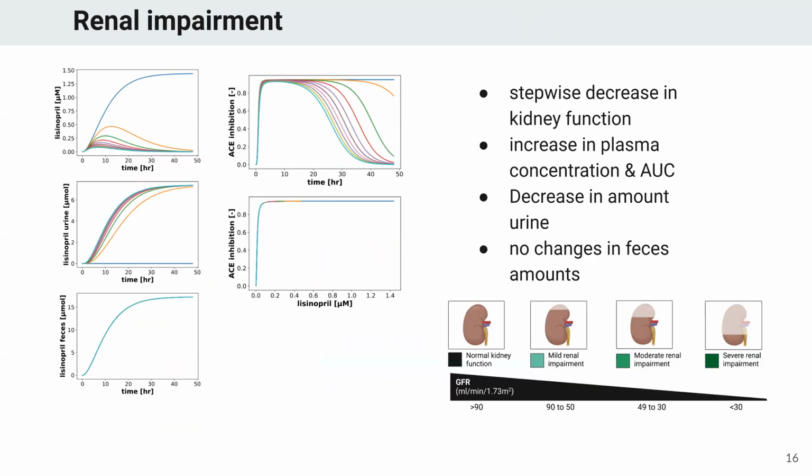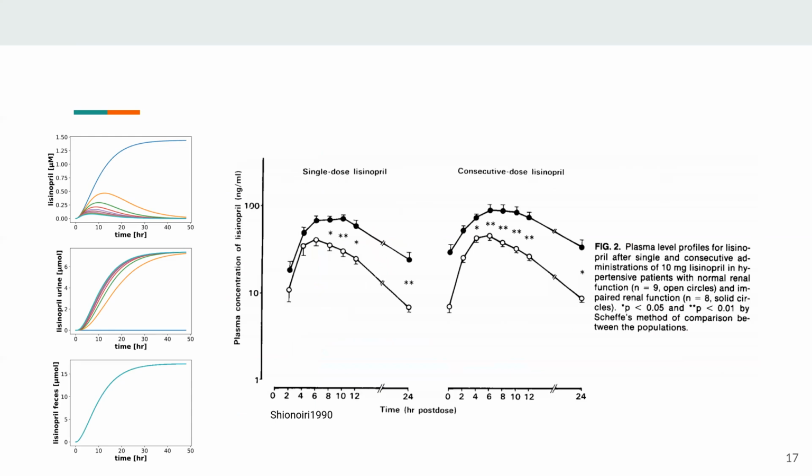I have one or two slides for that, have to see. Basically here is one of these data sets, for instance, for lisinopril. What we clearly see in the data, for instance in Shionori 1990, is that if we have renal impairment, we get higher concentrations and we get some accumulation. So this is clearly something which we see in some data sets. The point is we didn't look too much at renal impairment, so we don't know, but it looks a lot like we're seeing these changes in the plasma concentration. The question is if we see the same changes also